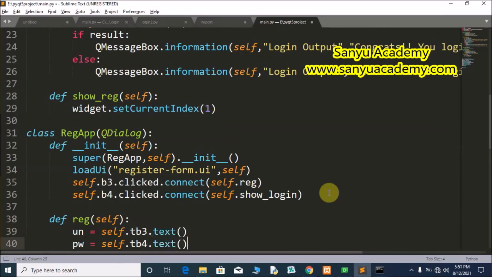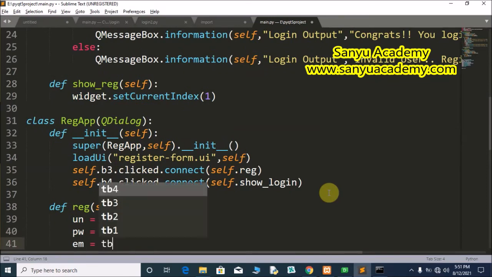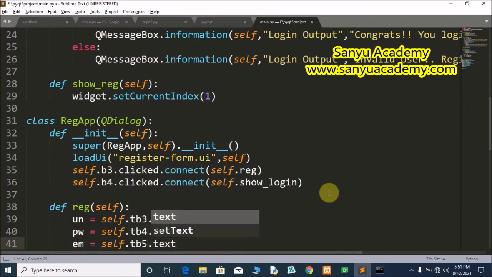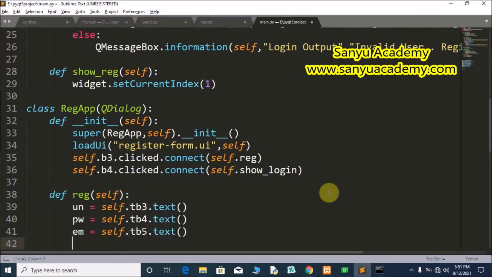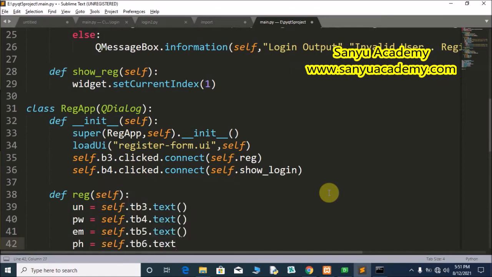This is password. And the email, em is equal to self dot tb5 dot text, and phone number, self dot tb6 dot text. We have collected all the details.